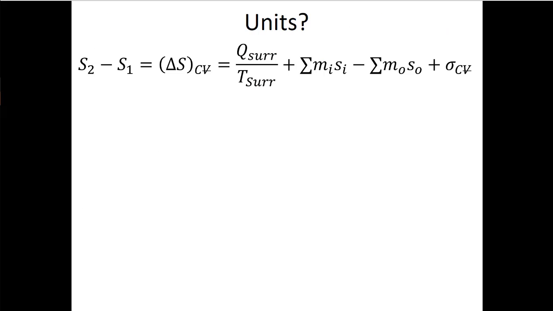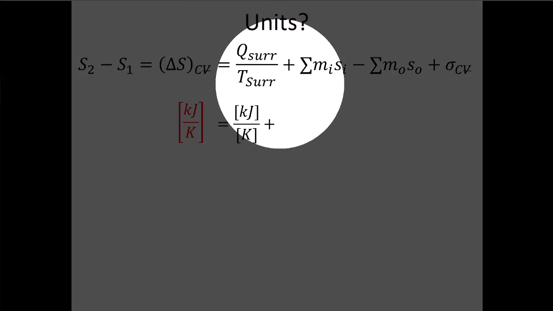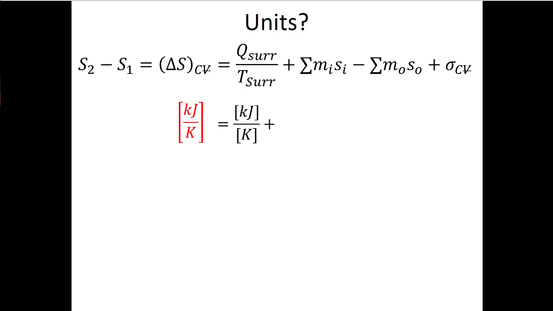right? So if we look at this, remember I told you that entropy has the units of kilojoules per degree Kelvin, or maybe BTU per degree Rankine. So it's easy to see from my first term, this is heat transfer, which is energy, over temperature. Now, this is not a temperature difference. If it's not a temperature difference, that means you have to use Kelvin or Rankine. Because otherwise you get a totally different answer if you put in 0 degrees Celsius or 273 degrees Kelvin. So anytime you have a temperature that stands alone, that's not a temperature difference, you have to use absolute temperatures,